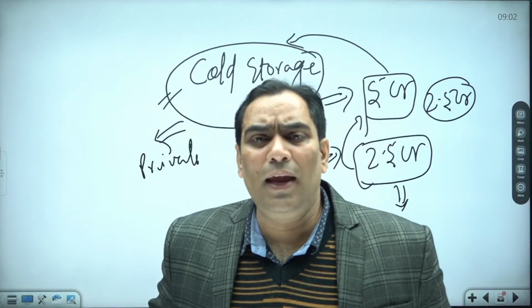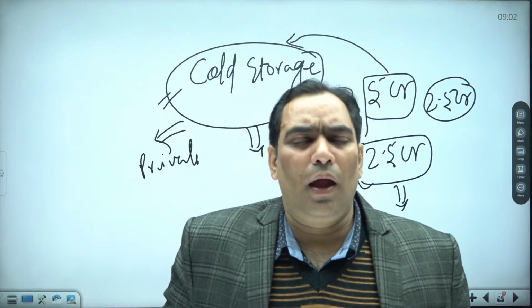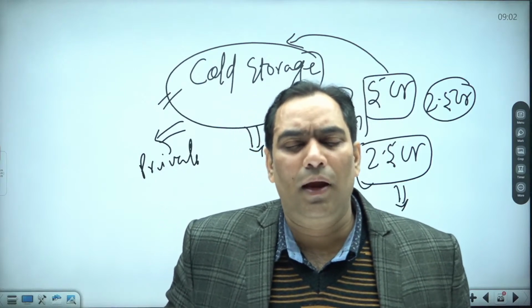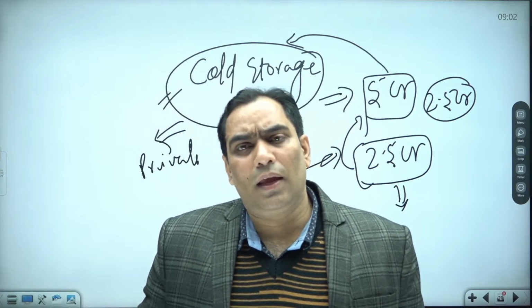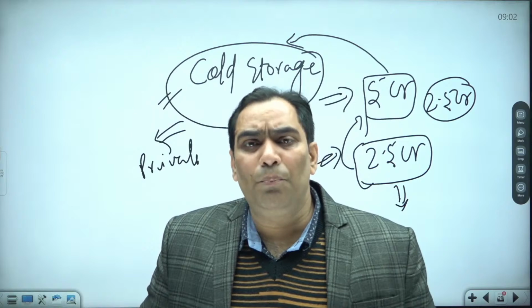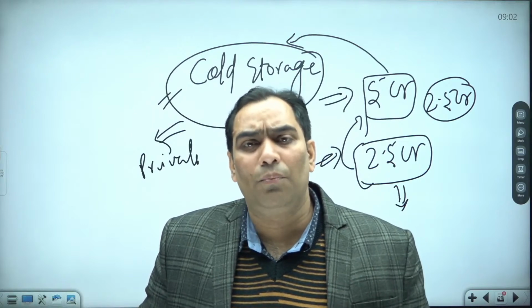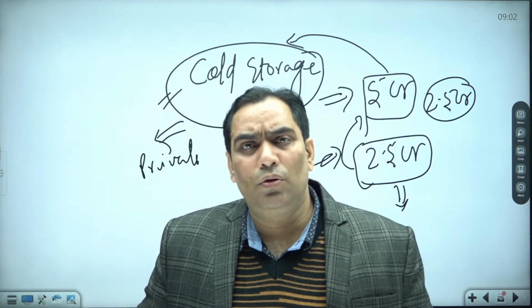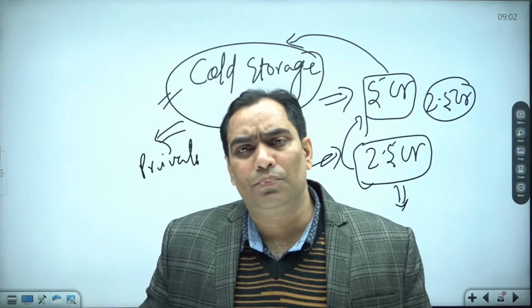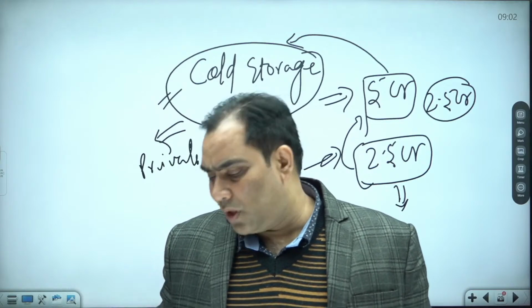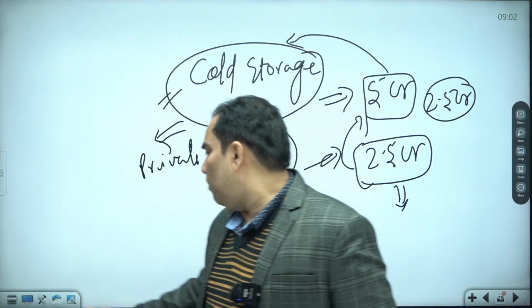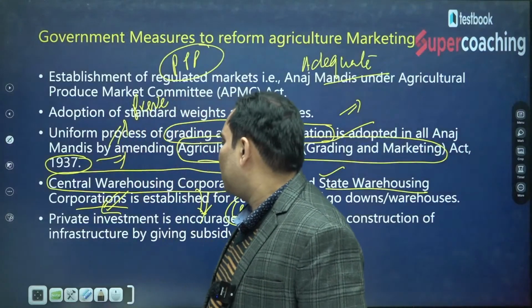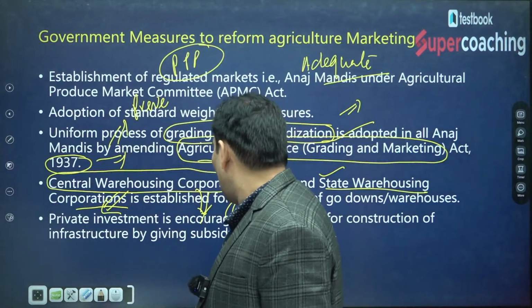Okay, and why it is just to encourage the private investment at the marketplaces for the agriculture produce, so that the wastage of agriculture produce can be reduced. The government is encouraging through the subsidies as well as through the private PPP mode as well. So this is about the steps which have been taken by the government in regard to